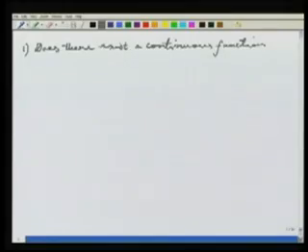Now let us see some more applications of the intermediate value property. We start with the following problem. The question is as follows. Does there exist a continuous function f from R to R which has the following properties, such that